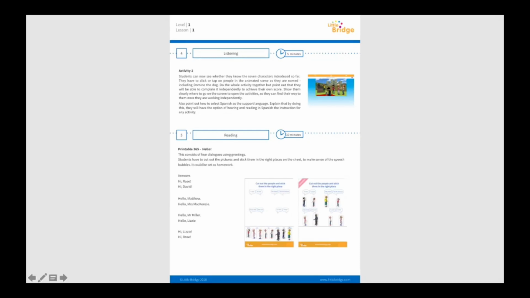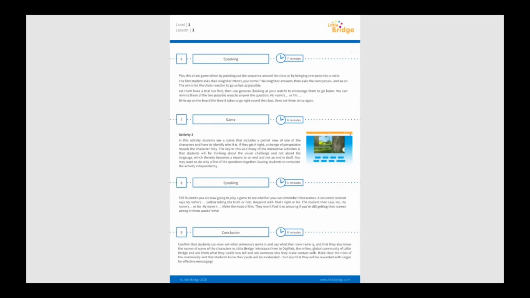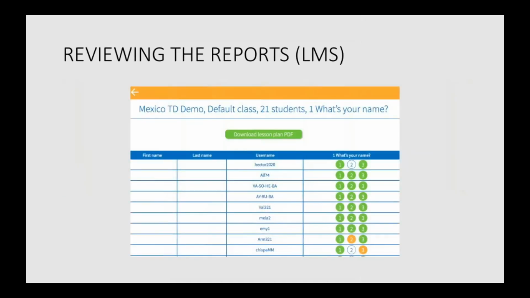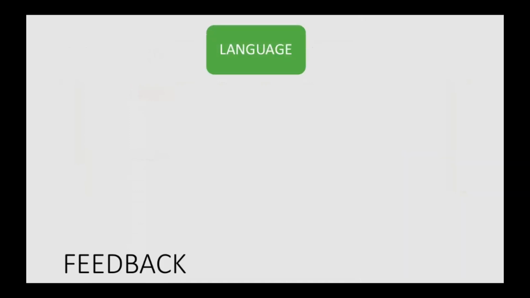If you see this is a material, this is an extra material. The extra material has suggestions, but you can change it, and has the paper and also the answers. So you are all covered. You don't have to produce really any material at all. So again, that is the sequence of the plan. And again, here, another time you need to enter into the platform as a teacher, not as a student. How do you give feedback with the reports, right? Okay, so you can give feedback in the language.